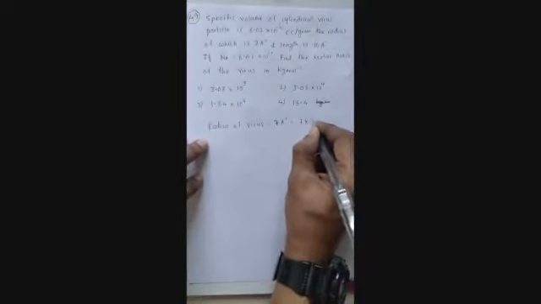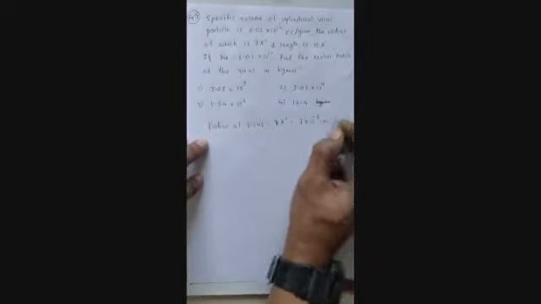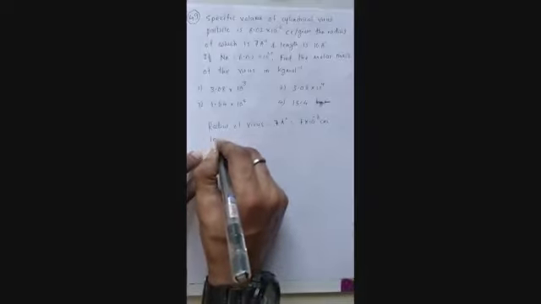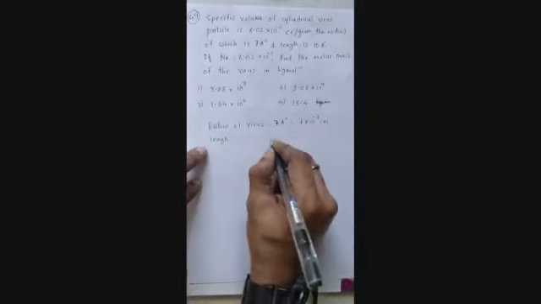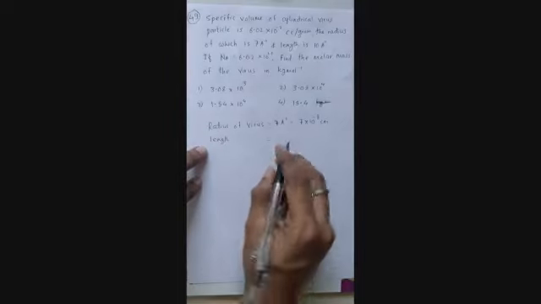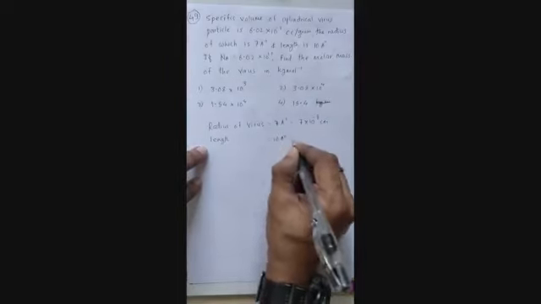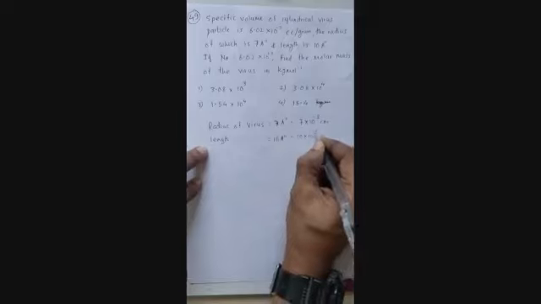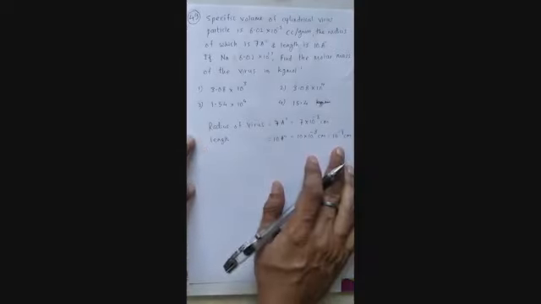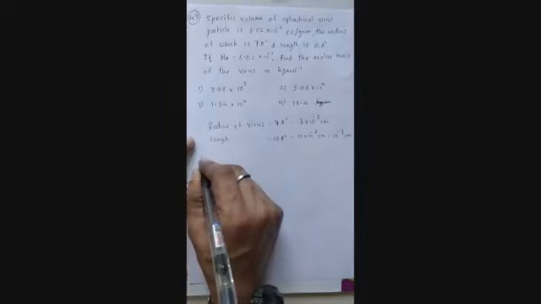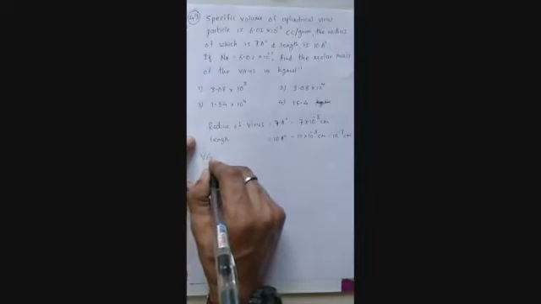So angstrom units into centimeters is 7 into 10 raised to minus 8 centimeters. Then length, this is 10 angstrom units, which is again 10 into 10 raised to minus 8 centimeters, which is 10 raised to minus 7 centimeters. And I have converted this. Now we can find out the volume of the virus.